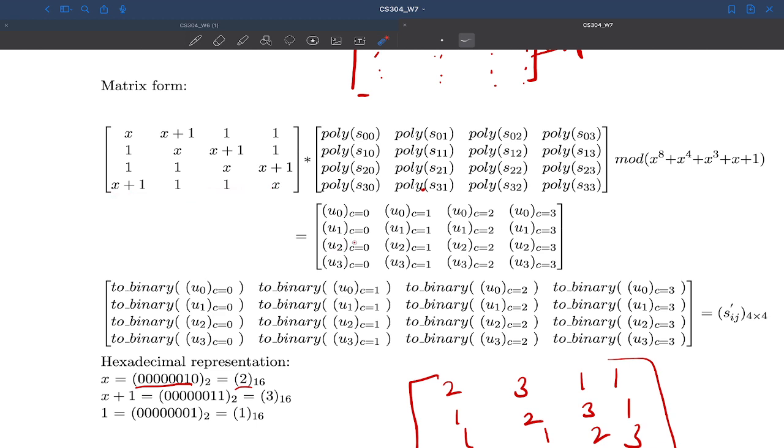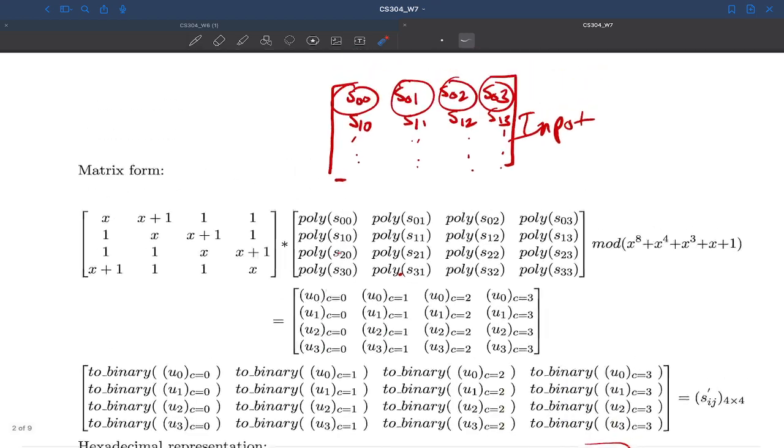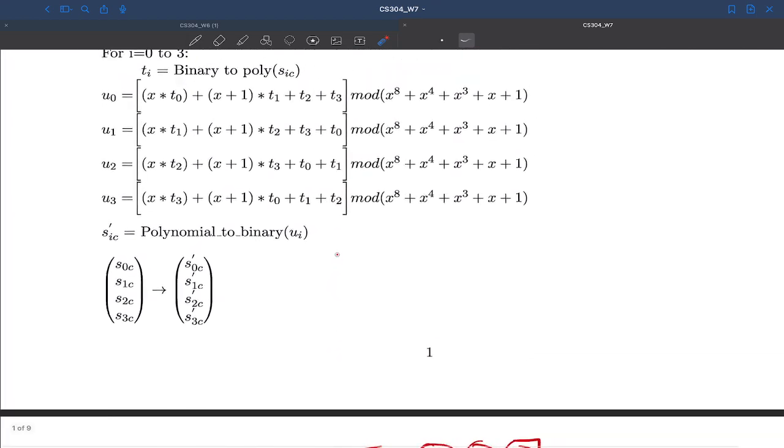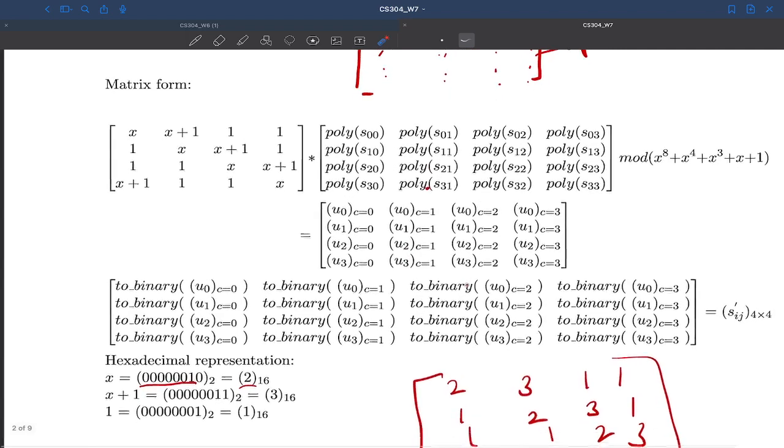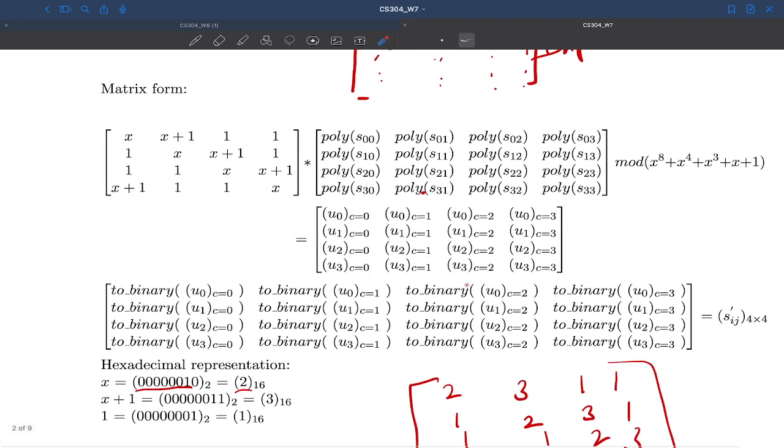So now you know how to apply mix column. So mix column is not difficult. If you remember this matrix, then mix column is nothing. Mix column is really easy for you. Okay, so in the next video we will take one problem. We will solve one illustration on mix column.